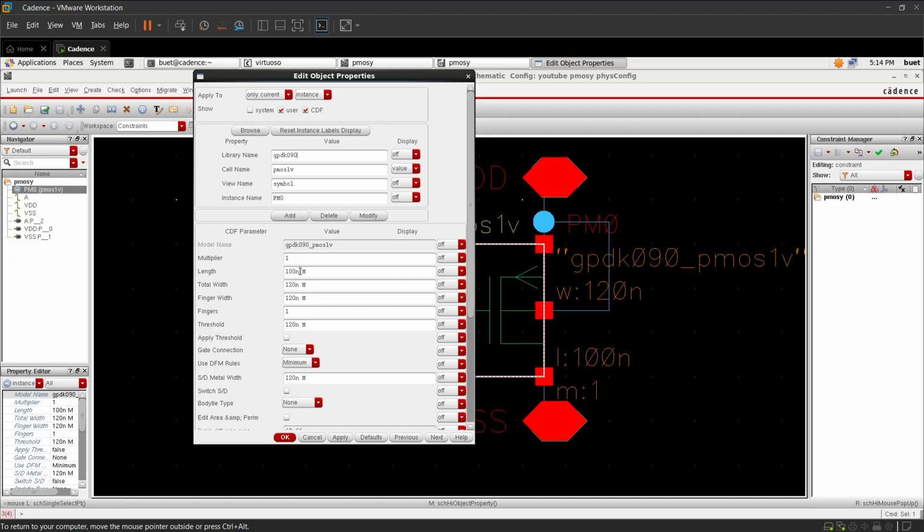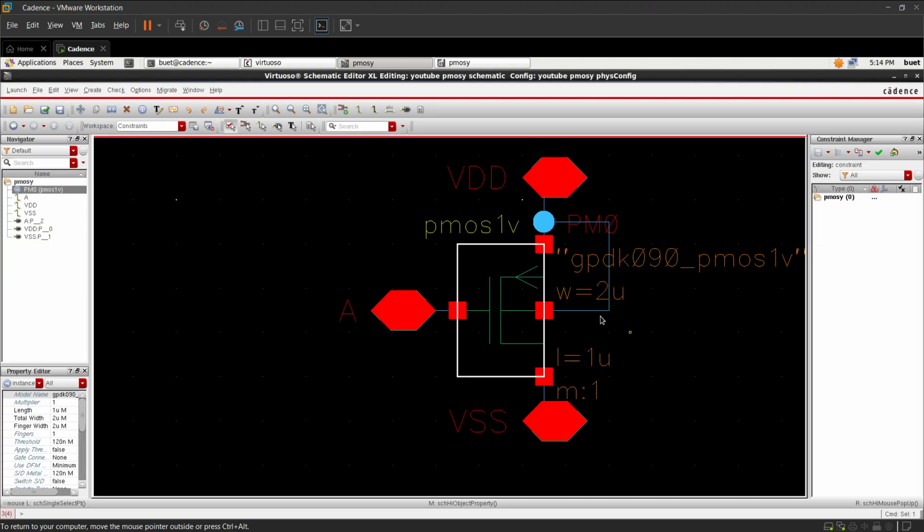It won't support that for nanometer, because it will fill the entire space. Let's make the length 1 micrometer, and let's make the width 2 micrometer, and press apply and okay, and check and